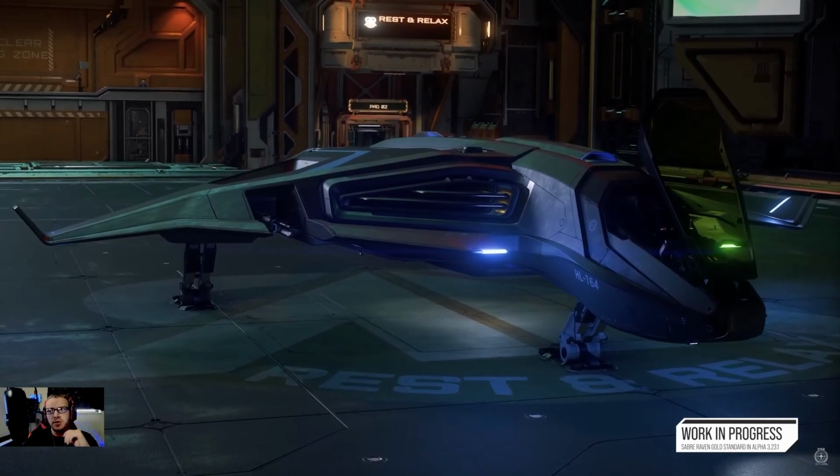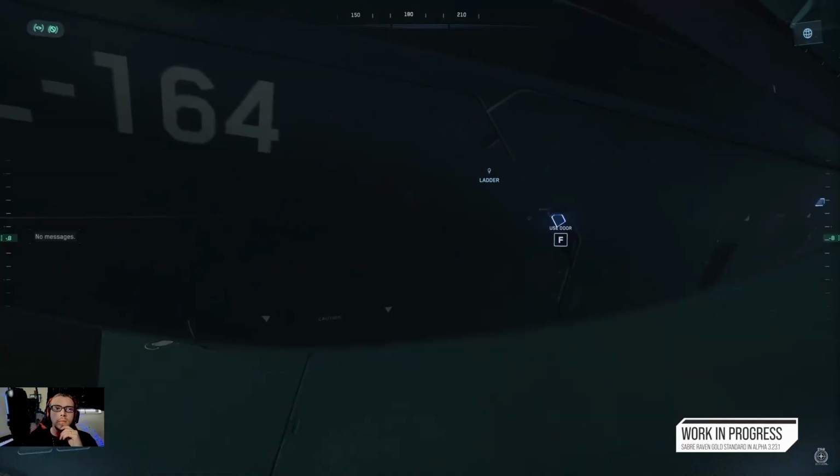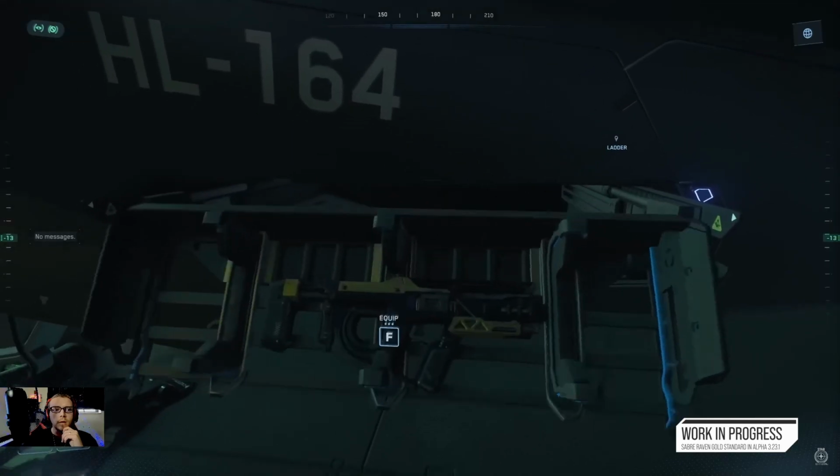So some ships pass on the Saber Raven. It gets referenced a lot as gold standard. What I think for me personally, the way I look at it is kind of our current standard. It's bringing a ship that we've done work on in the past and kind of ticking off all the current...